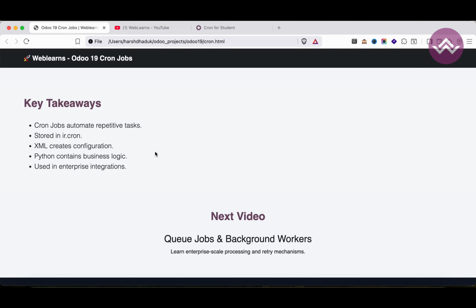In the next video, we are going to learn about queue jobs and background workers. These technologies are used when cron jobs are not enough for large-scale processing, so make sure you are subscribed to